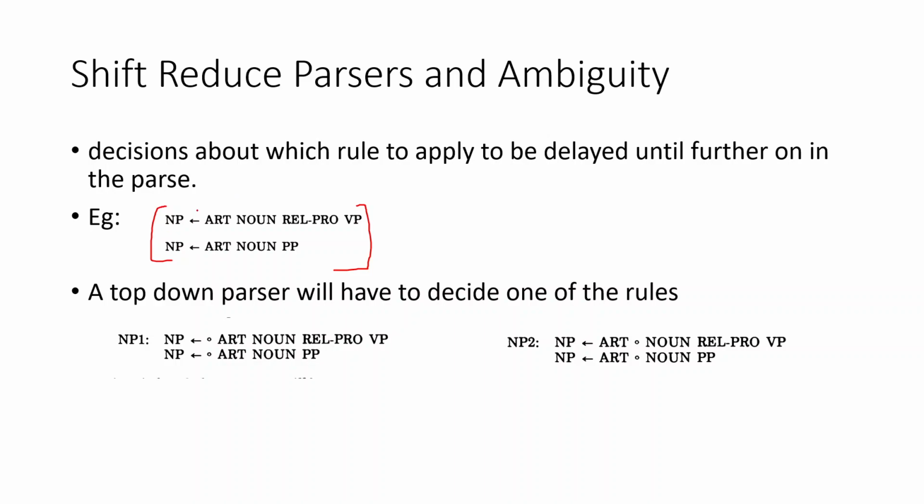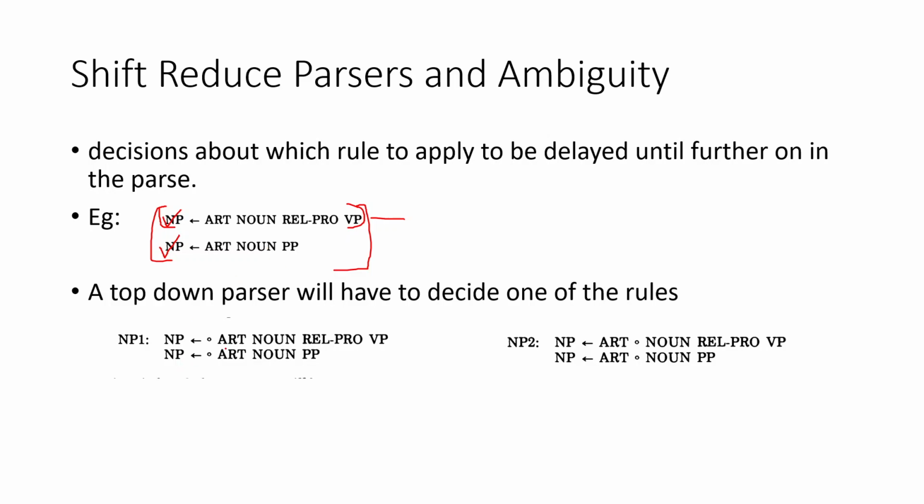That is, in the case of a top-down parser, when we come across a noun phrase, we want to replace it by the right-hand side. That is how it works. But when you come across two productions which have the same left-hand side, the top-down parser has to decide among one of the paths. It has to choose one of the paths and then replace, and if there is an error, you can backtrack and come here. That is a method which is used in top-down parsers.